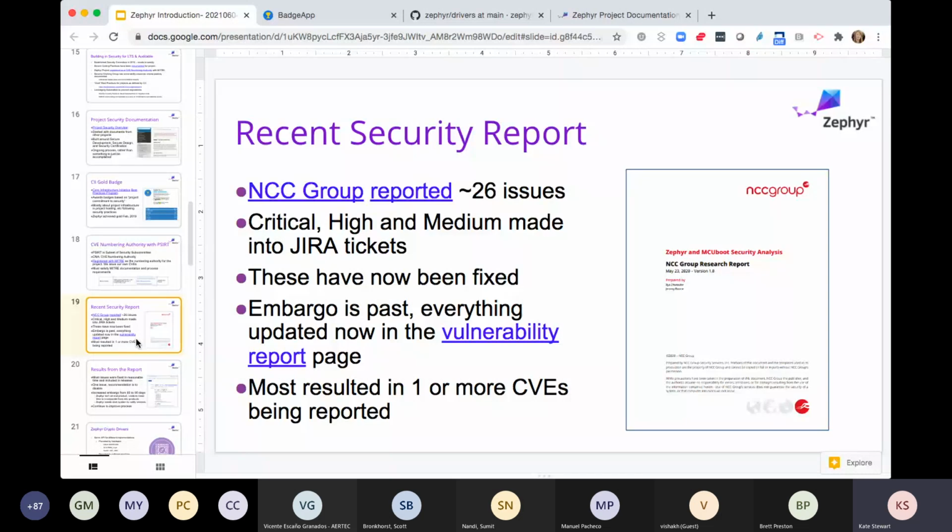One of the things that was interesting was that up to that point, we'd been seeing like 1 or 2 a quarter coming in from researchers in the field, when they spotted things that they thought we should fix. And we very much appreciated those. And then with NCC Group giving us this bulk vulnerability report, it showed that we were being taken seriously by the industry at this point, and we also decided to use this as a reason to do some fine tuning of other processes in the project. Most of the things that they reported resulted in one or more CVEs being established, and then we put out a release